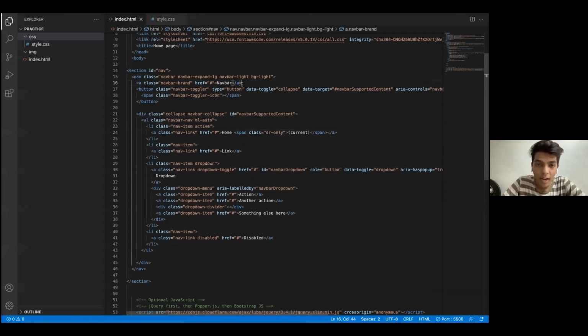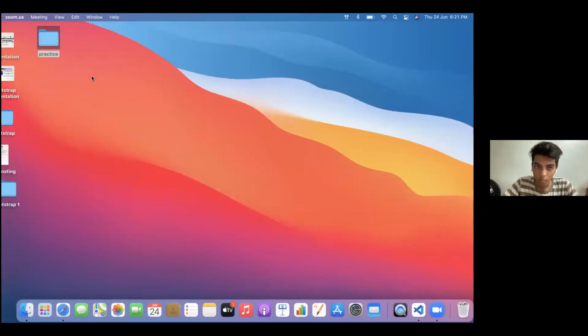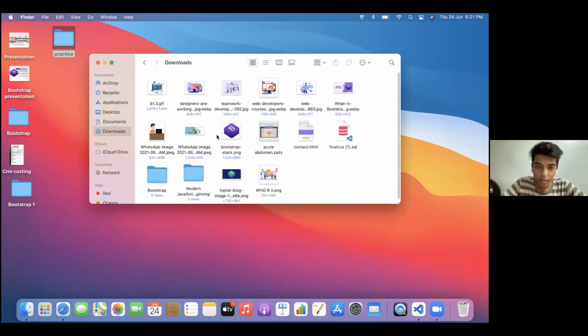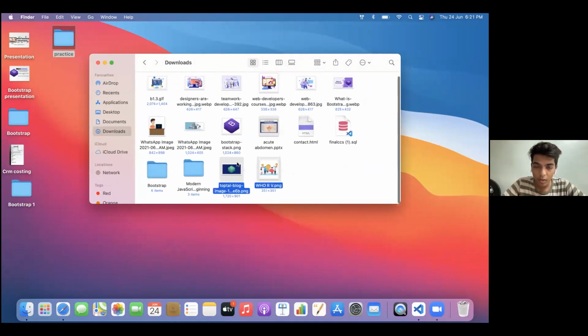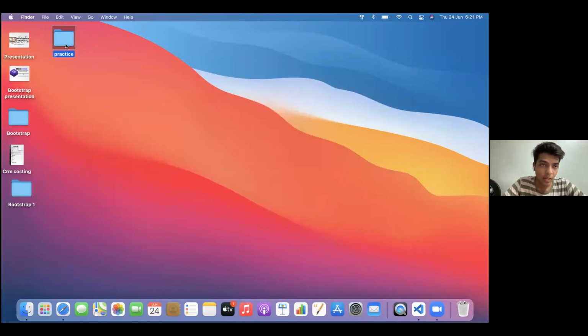So I'll just remove the navbar, press enter and get an image tag as we had in the first session. So here is an image tag. I'll write image slash something, but I don't have an image in the image tag. So I'll go to Google Chrome, or you can take any image that you want to place there. I have two images in my downloads section. I'll copy them and paste them in my image folder.